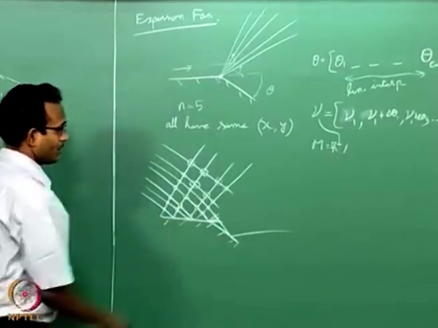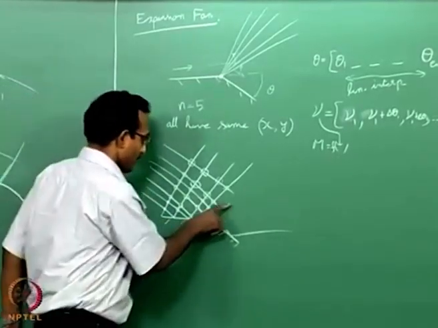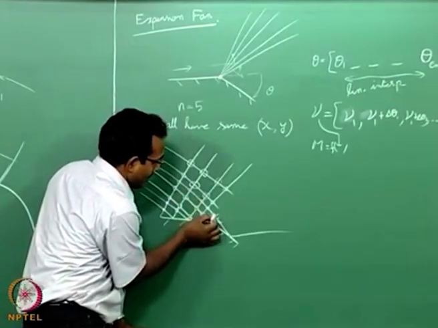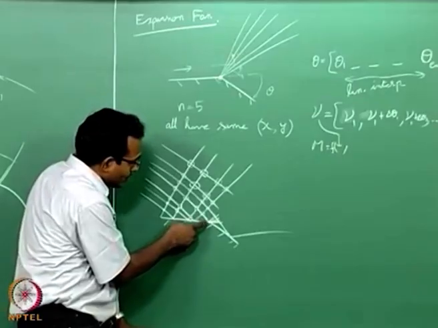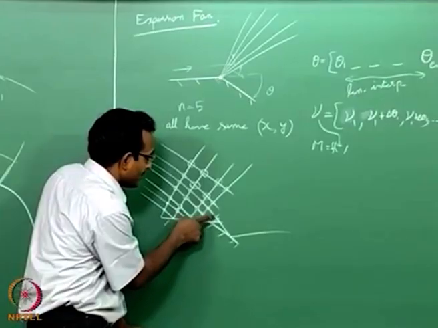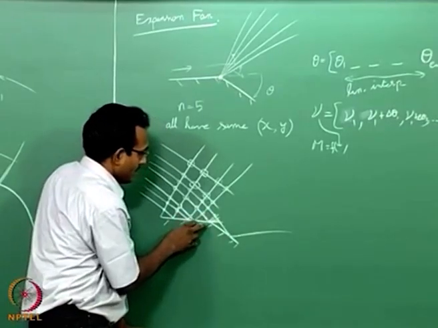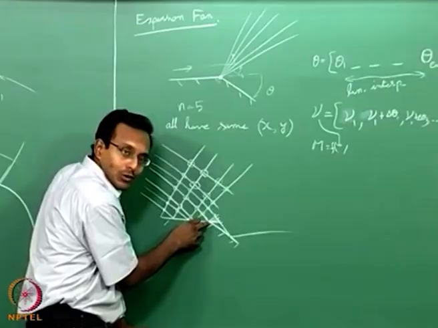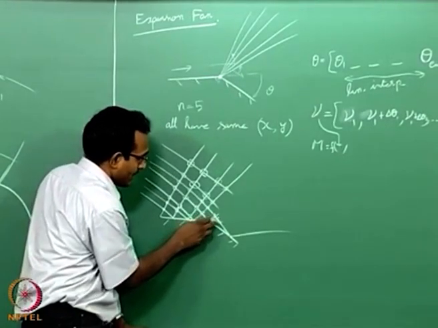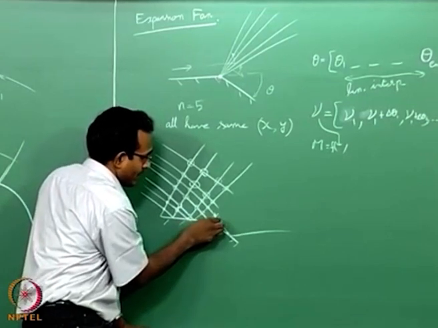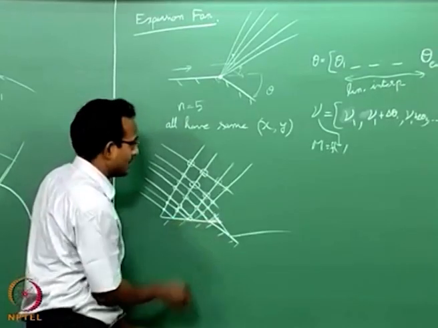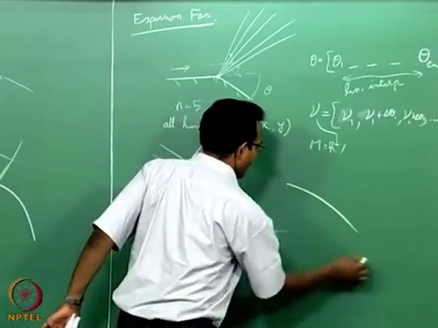For n equal to 5, it is going to look something like this, 5 points. So, what I have to do is, when the characteristic from the right running family comes here, each of these points in that sequence n equal to 1 to 5, in that sequence n equal to 1 will interact with this first, giving an interior point, then that interior point will interact with n equal to 2 here to get the next interior point. From there it will interact to get the next interior point, from there it will give the last interior point. I will go through this whole sequence. If I draw this in big,